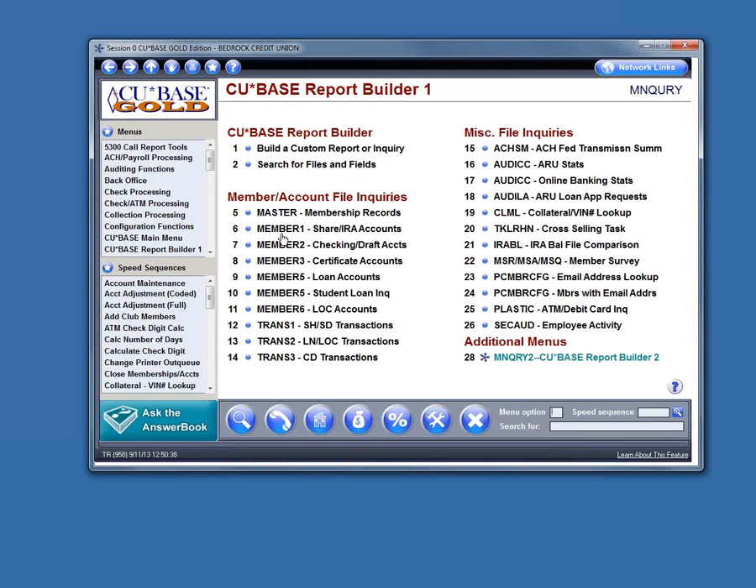So some of our other options then are Member 1, which is our share and IRA accounts, or Member 2, checking and draft accounts or certificates and loans. We'll just say that we want to look at a loan whose disbursement limit is greater than $10,000. So when we go in to build our custom query, we already know that we want to use our Member 5